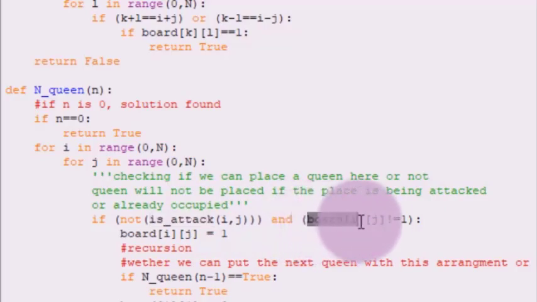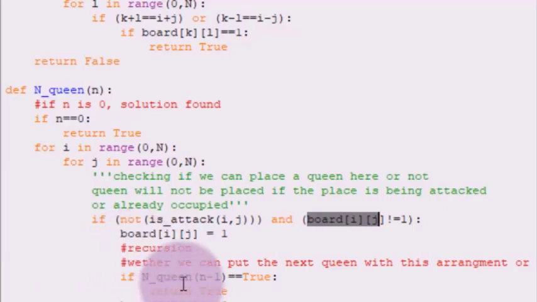Other than that, can you see over here board ij? Now this particular thing is going to make sure that the cell is vacant, because if the cell is not vacant, you cannot place the queen. So this particular condition is going to evaluate if the cell is vacant or not. And students, if both these conditions are met, then we can put the queen in the cell, and if the condition is not met, we cannot put the queen in the cell. So I hope this is understood to you all.